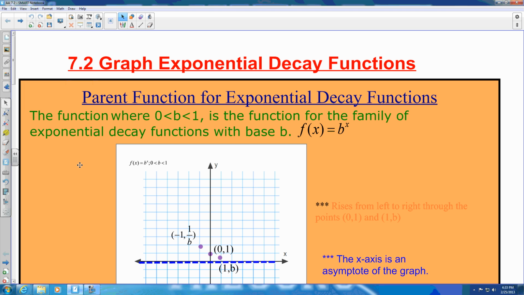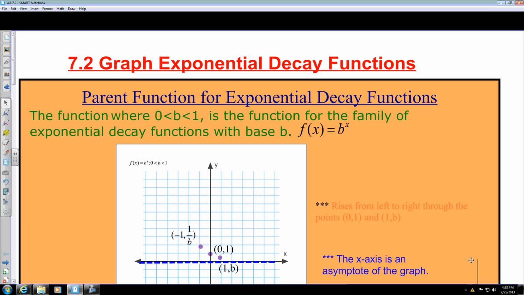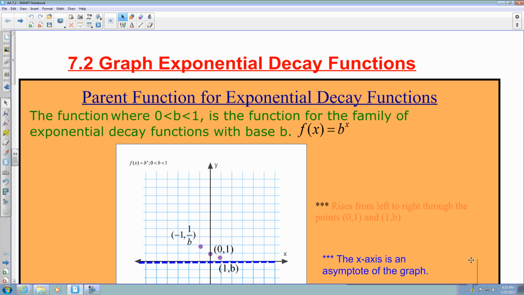Okay, we're in section 7.2. We're going to graph exponential decay functions. It's very similar to what we did with exponential growth functions. It's just the opposite. As our x value becomes larger and larger, our y value becomes smaller, which was the opposite of what we had